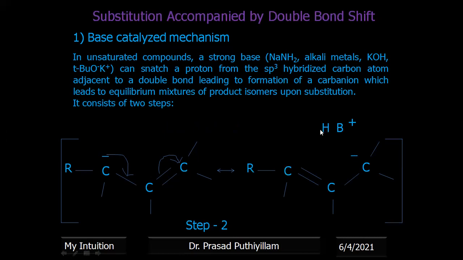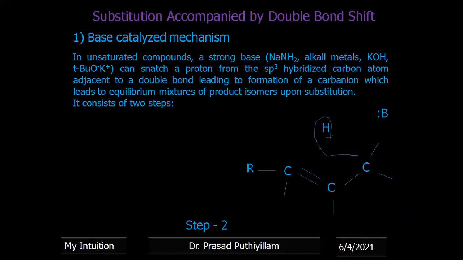The negative charge takes the proton. A carbon forms a bond with the hydrogen, and the base will be set free. So only we need that particular step here. Therefore, here it forms a bond with the hydrogen. Therefore, the H from the first carbon got substituted to the third carbon, followed by the bond shift.